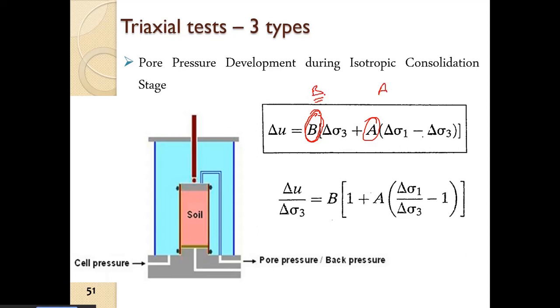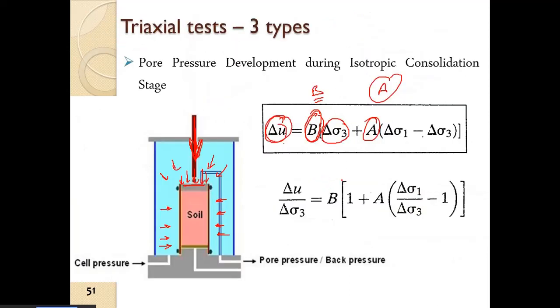The B parameter is mainly the change in pore water pressure, how it defines the change in pore water pressure with change in the cell pressure, in the total confining pressure, and we have discussed that the A parameter is the parameter which defines the change in the pore water pressure with change in the deviatoric stress, or in the axial sigma 1 stress. All right, so